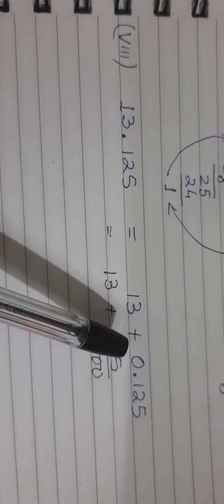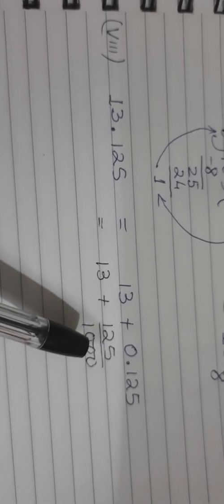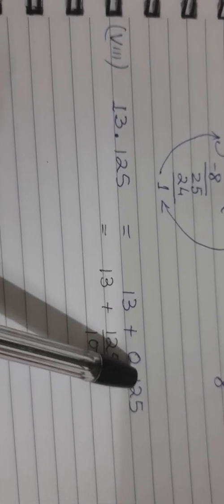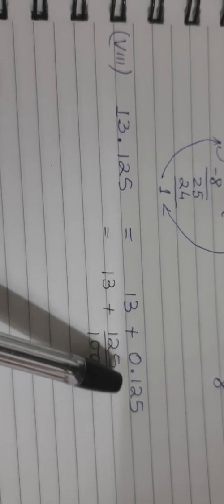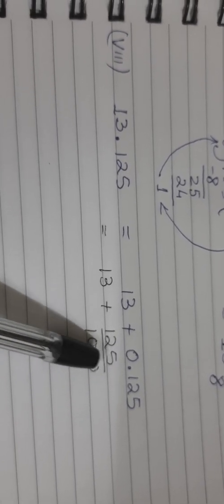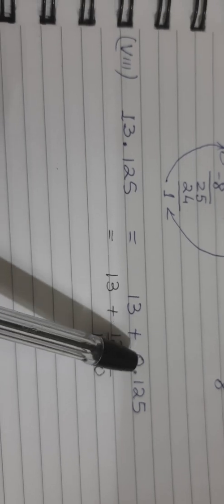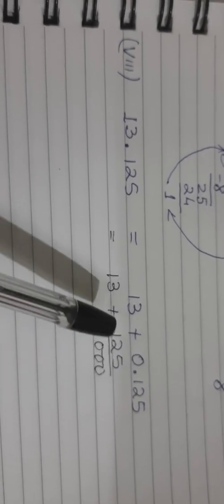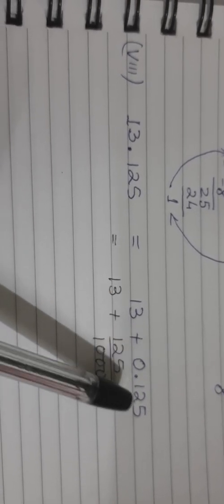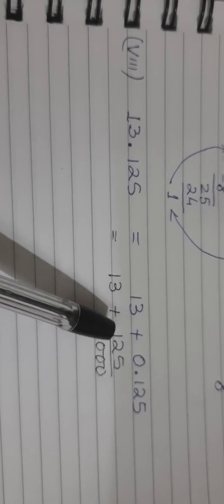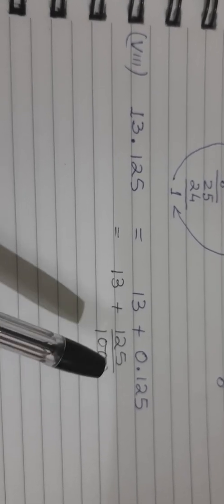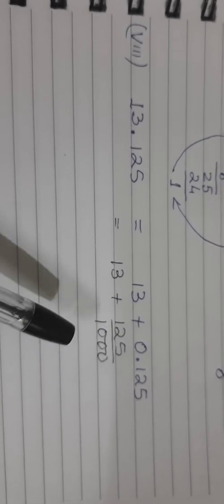So there I have converted 0.125 into a fraction. So as usual, without the decimal, the number that is there, I'll write in the numerator. Point is 1, after the point 3 digits, so 3 zeros. So 0.125 is converted to a fraction as 125 by 1000. Now this you need to reduce. Let us reduce this.